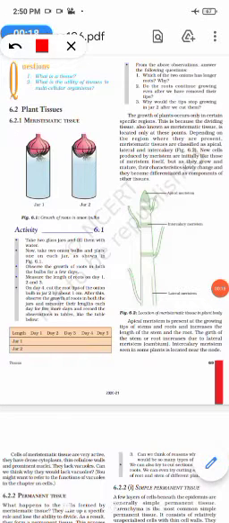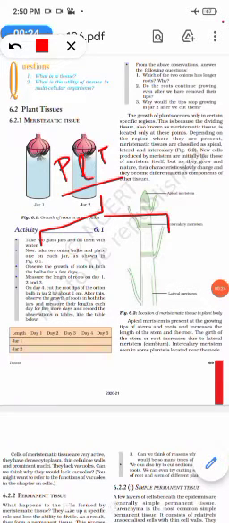So when I talk about plant tissue, they are basically of two types. One which divides, which is the meristematic tissue, and one which is the permanent. They are non-dividing, so they are the permanent tissues. So we have division taking place in the width and in the height. The leaf nodes are growing.